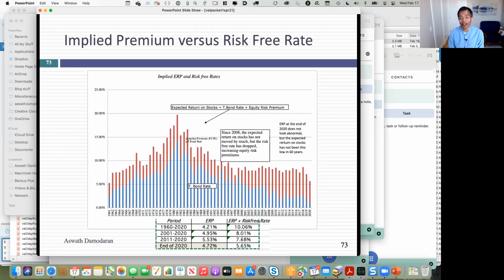All of a sudden, you're looking at a number that's dangerously low in terms of equity risk premiums, right? If stocks are continuing to price as they are, 5.65%, and the T-bond rate climbs to 3%, now we're in 1999-type territory. So to me, the biggest danger to stocks comes from interest rates climbing dramatically over a short period.